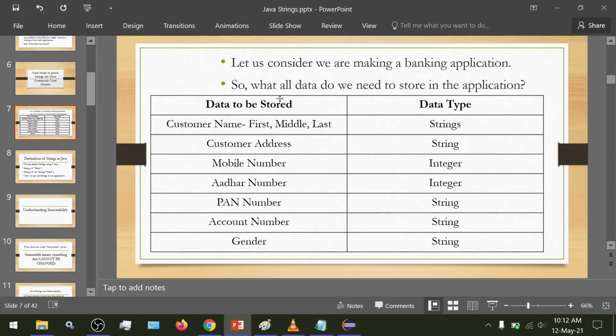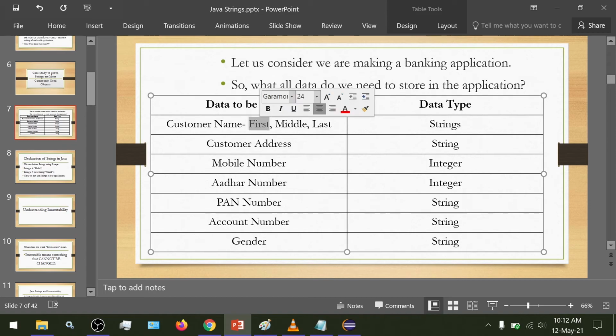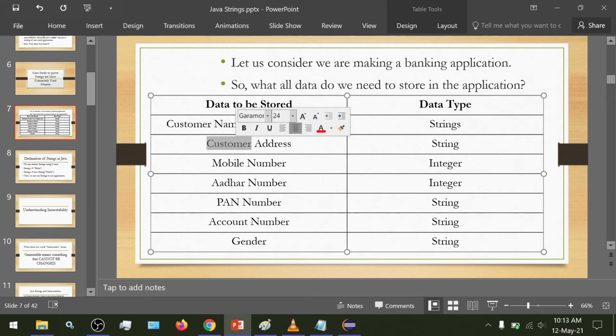Let's take an example that we are making a banking application. We will need to store lots and lots of data. Considering the basic data we need to store, we will need the customer name. In name there would be first name, middle name and last name. To represent this, we would need strings in our program. Then we have the customer address, which further gets subdivided. Even that is represented in string.